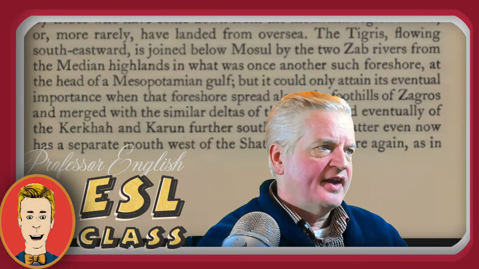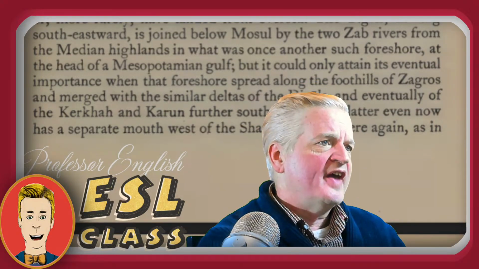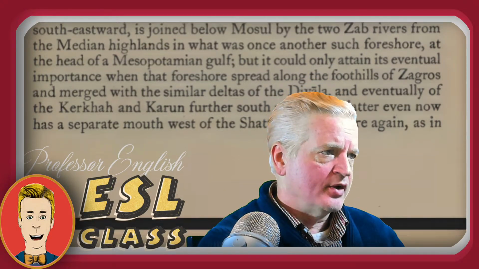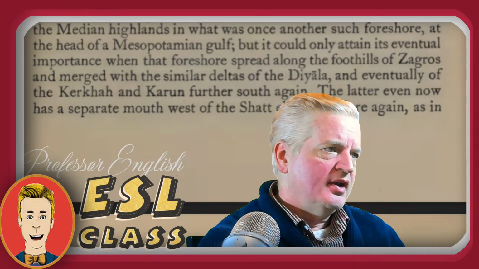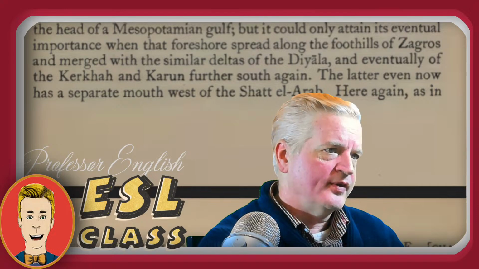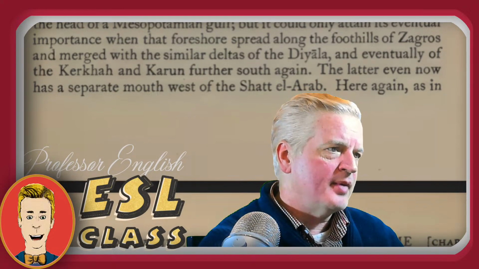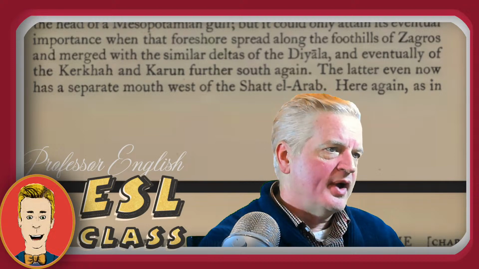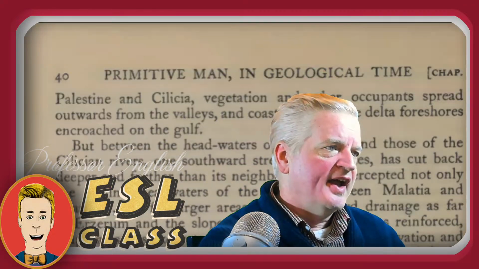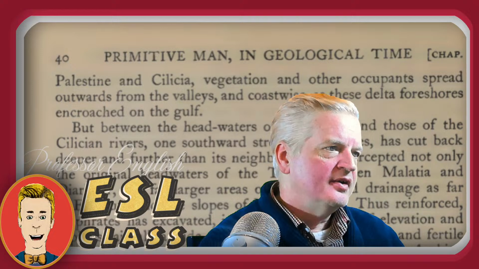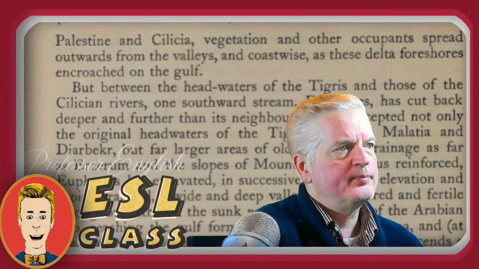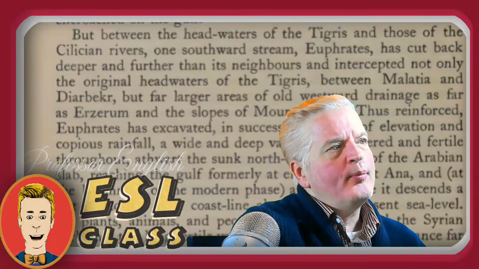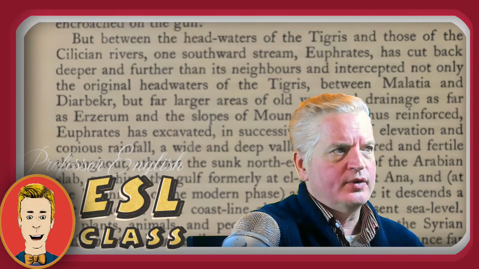But it could only attain its eventual importance when that foreshore spread along the foothills of Zagros and merged with the similar deltas of Diyala and eventually of Kerka and Karun further south again. The latter even now has a separate mouth west of Shat el Arab. Here again, as in Palestine and Cilicia, vegetation and other occupants spread outwards from the valleys and coastwise as the delta foreshores encroached on the Gulf. But between the headwaters of the Tigris and those of the Cilician,